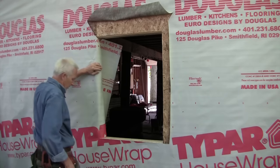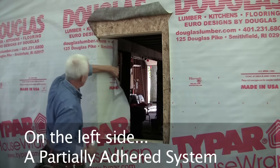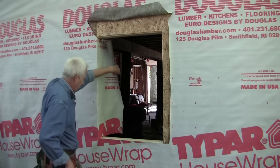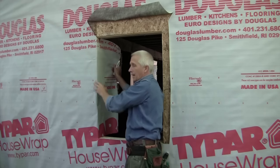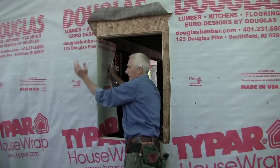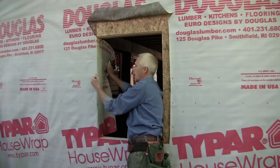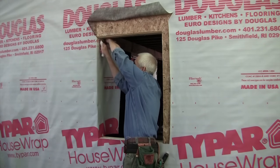The other way to do it, which is also very popular, is to fold this in just like this, staple it, and then cut it flush. A lot of people will cut this flush on the inside here. If you're using the house wrap as an air barrier, you really don't want to do that. What happens is, if air gets behind the house wrap here and you have this house wrap going all the way to the inside of the stud and it's not sealed up, the air can travel right around through all your flashings and tapes. So what I'm going to do here is fold it inside,